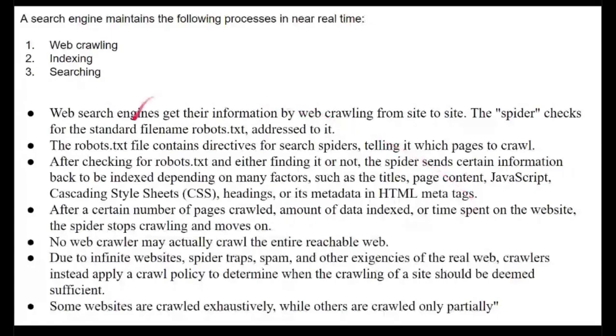So the spider sends certain information back to be indexed depending on many factors such as the titles, page content, JavaScript, cascading style sheets, CSS, headings, and its metadata in the HTML meta tags. This will tell us whether we have found the data or not, and what the page contents inside the data will be: JavaScript, cascading style sheets, that is CSS, headings, or metadata in the HTML meta tags. So what is metadata? Metadata is nothing but the information that is contained in the